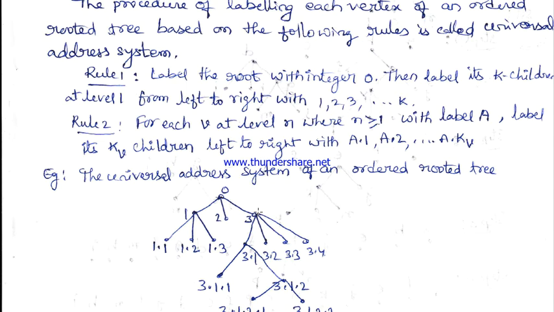At the label 3 there are 4 children. So the 4 children of label 3 vertex are labeled as 3.1, 3.2, 3.3, 3.4. Again at 3.1 there are 2 children. Remaining are all leaves. No children at those vertices. Now corresponding to the label vertex with 3.1, the 2 children are labeled with 3.1.1 and 3.1.2 in the order from left to right.